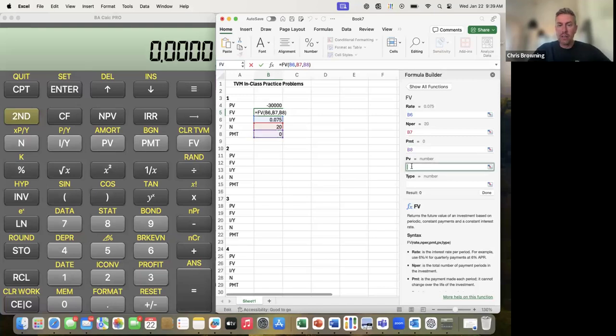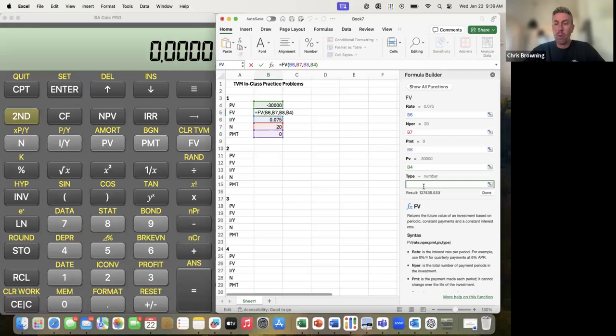Your present value is the negative 30,000. And then this is asking for a type. When this is asking for a type, it's asking for, is this an ordinary annuity or an annuity due? Okay. Now, if we input 0 right here, it's saying that that is an annuity due, a payment that happens at the beginning of the period. If we insert a 1, that's saying it is an ordinary annuity, a payment that takes place at the end